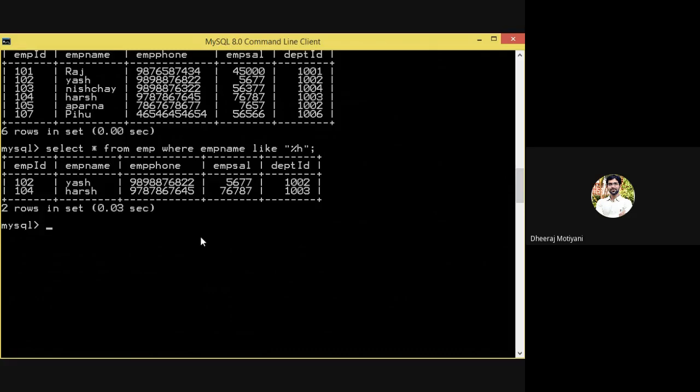After this, if I want to select all the employees who are working in some department, let's suppose 1004 or employee ID, I can do right now. I will not go into the join queries. First I should explain the simple queries. I want to select all the employees who are 103, 104, 105. You can use the in keyword. Select star from EMP where EMP ID in.